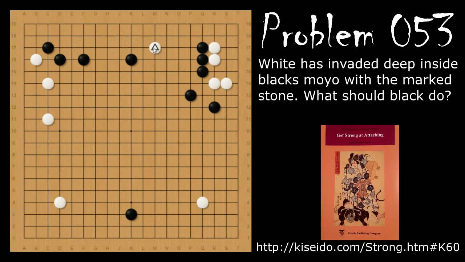Black should remove the aji of this stone by white attaching here, by playing the iron pillar himself. And then if white jumps, black will peep, making this group heavy, and then cap it, forcing white to go this direction. And then after this, black will play the knight's move, similar to the elephant's eye,